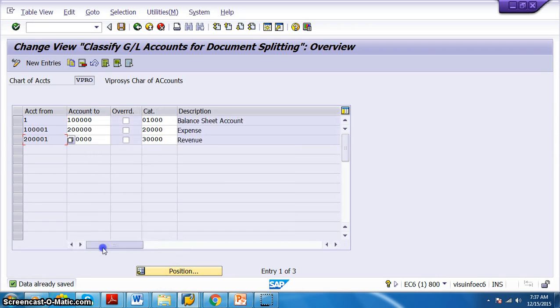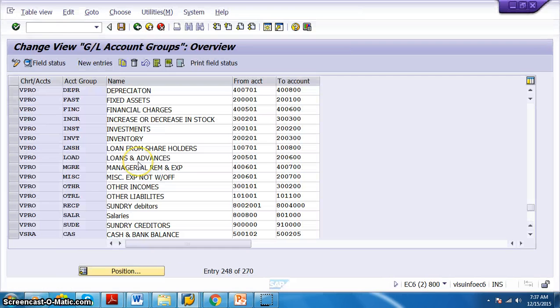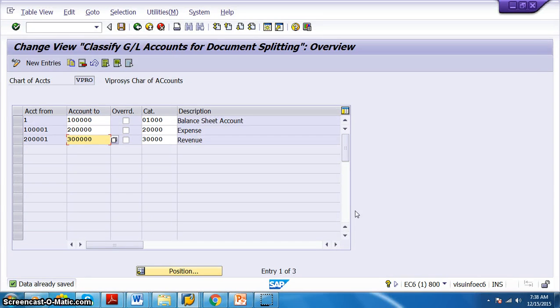this is a category actually, sorry. Yes, this is a category. So these are the values that we have. According to this range only, it will accept these number ranges. If you give a number range which falls outside of this, for example, sundry debtors, I have created sundry debtors purposefully with account numbers which are out of this range. So we will not be able to create postings properly with these account numbers, because it is not covered under the document splitting in the new GL concept.